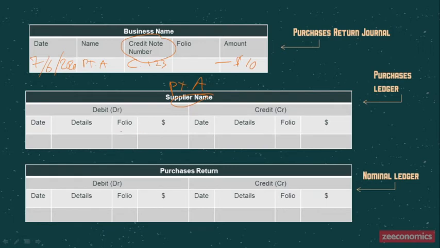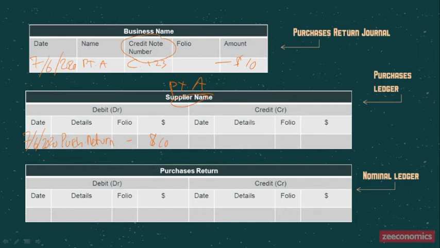So on the 7th of June 2020, the details are purchases return. The amount is $10. So it means that the amount of the invoice that the supplier will charge the customer will be decreased by $10. And then at the end of the month, same as previously,